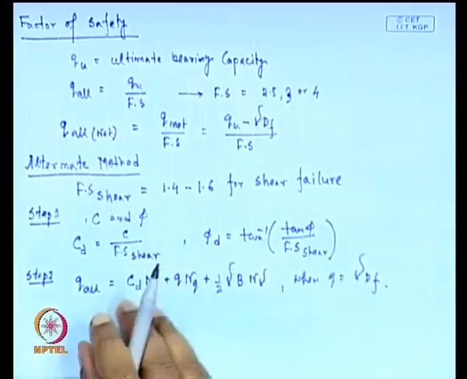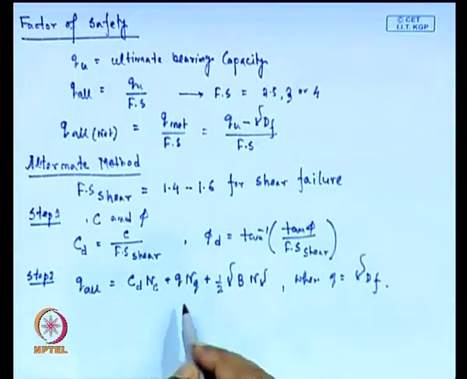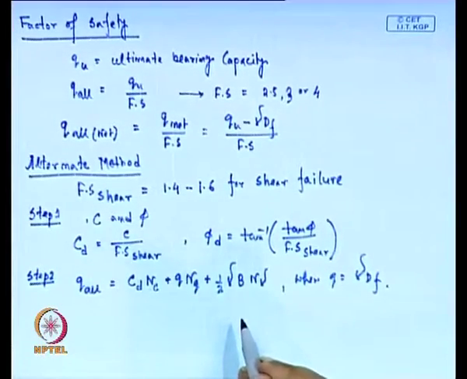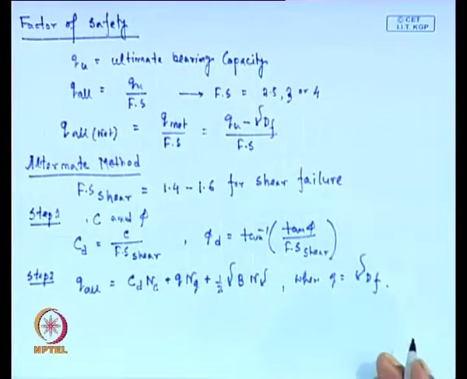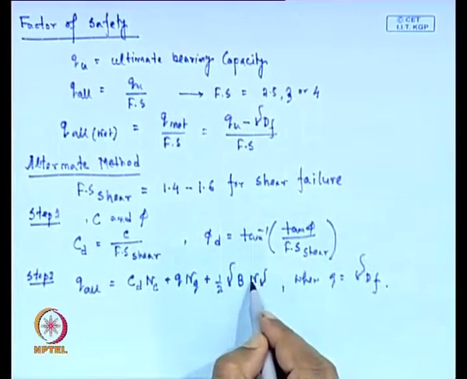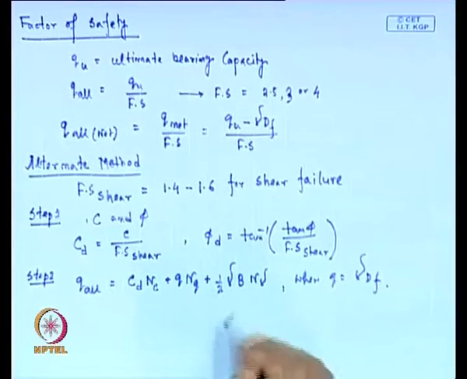When we calculate this N c, N gamma, N q from the table that was given in the last class in the Terzaghi's analysis, or any other methods that I will discuss later on. So, here if we want to find this bearing capacity factor by using those tables,